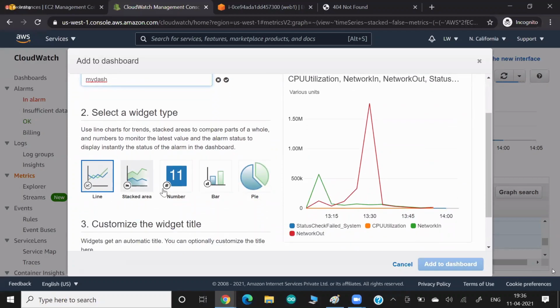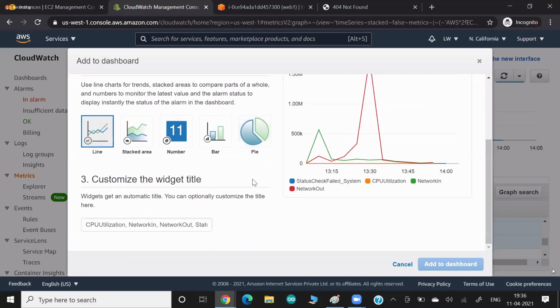Line, number, bar. Okay, so in this kind of example, I think a line graph is better. So go for it. And I can say this widget is about this information, and maybe you can write here California. Okay, so I'm putting my region name also just as a reference, but there's one more reason